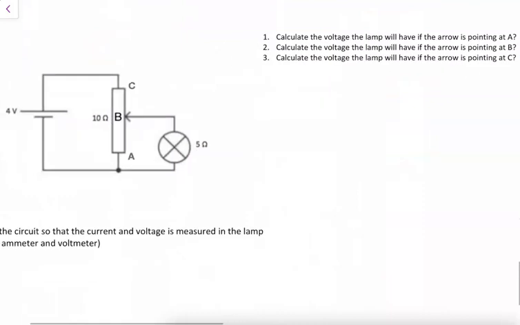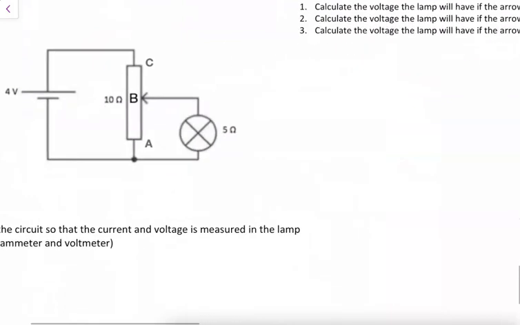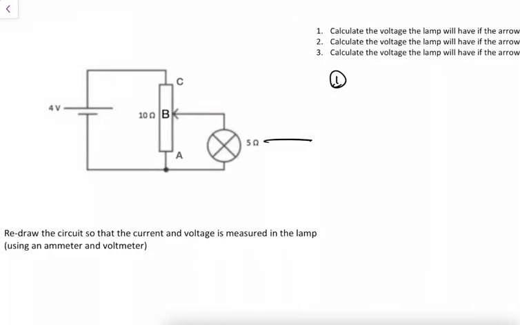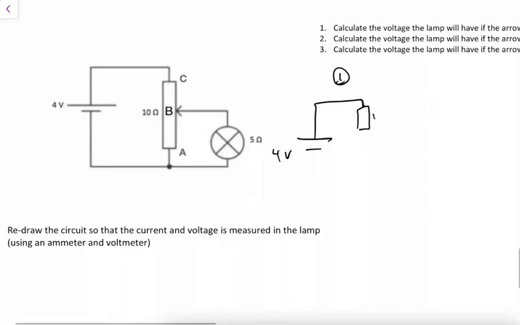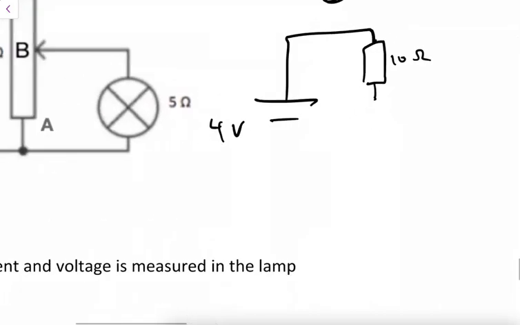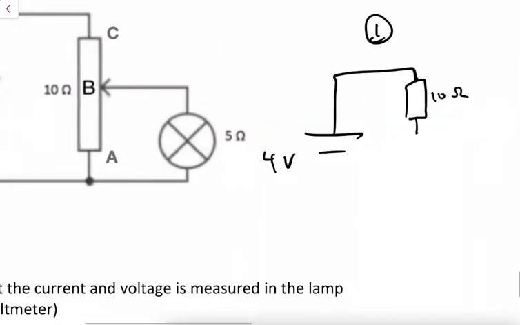So first, let's draw. I want to redraw each one. Let's say connected to A. So let's do part 1 where it's connected to A. I have a battery, 4 volts, and then we have a full-on resistor. All of the 10 ohm resistor is outside of the lamp's parallel. So this is all 10 ohms. And then the arrow is technically connected right to the bottom, but I like disconnecting it a little bit